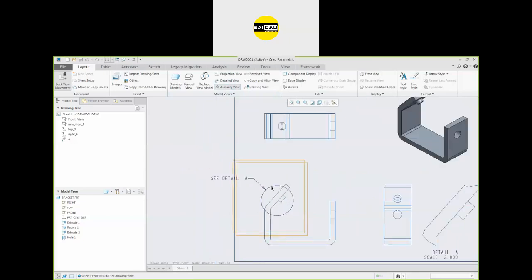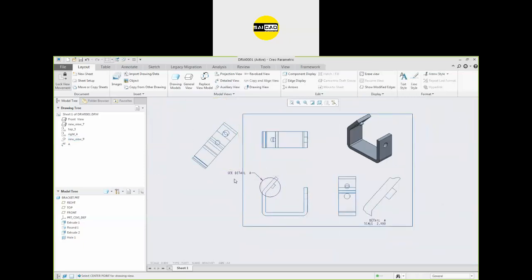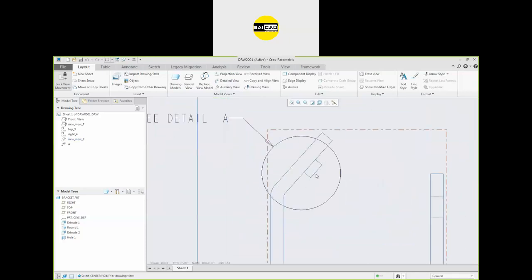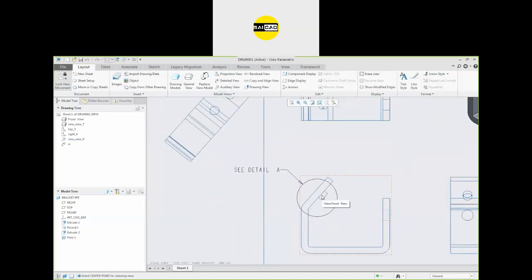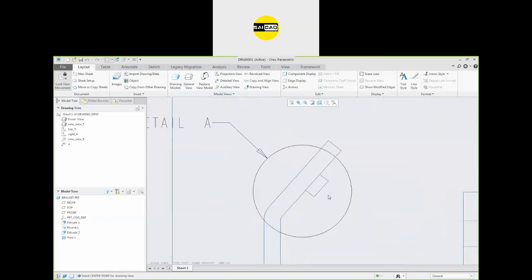Now you can see I have selected a line. Now it is asking for the placement. Right now I'm just going to place it outside. So why do we use the auxiliary view? You can see we have a circular entity here. Now I want to show its diameter. How can we show that? We can show the display, but that will not be the diameter here.